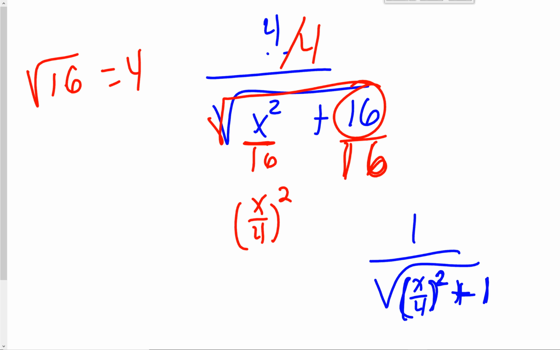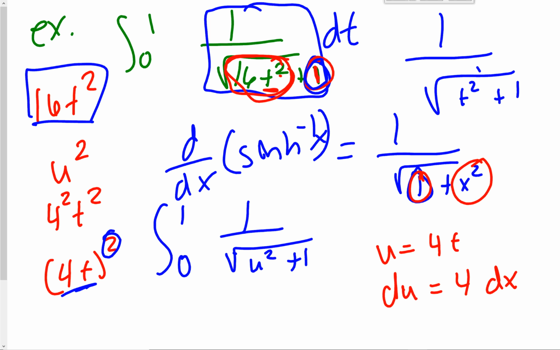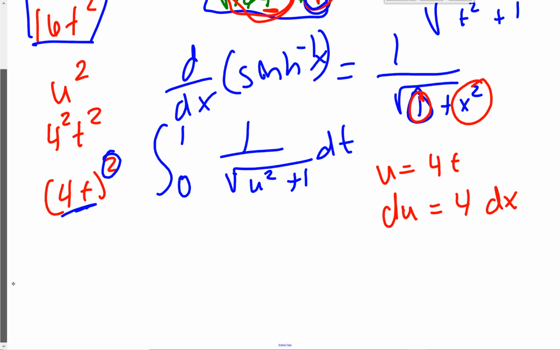Like on this one, my u would be x over 4. Okay, that's what my u would be on this problem. So you can use that for 65. All right, and then I have a dt at the end. All right, so now I know exactly what that is, right? Except I have to do my whole